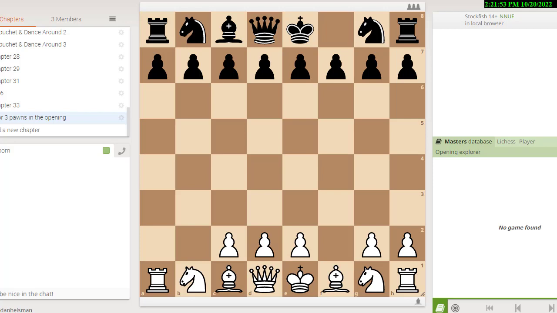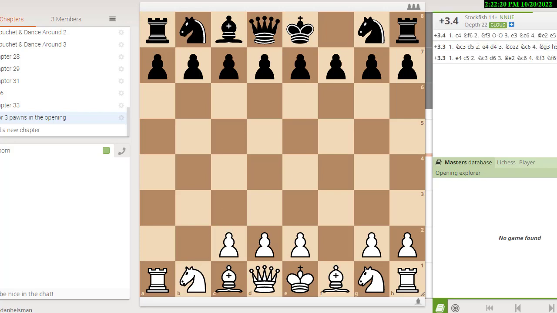So he immediately picked the F pawn because he knew that would weaken the king. And then he ended up picking the A and the B pawns. So here we are. And then I said to him, all right, I haven't turned on the engine yet. When I turn on the engine, do you think it's going to say that white has a bigger than normal 0.2 advantage or a smaller than normal? And he said, I think white's going to have a little bit smaller than normal advantage. And I said, okay, and then I turned on the engine like this. And boy, was he surprised. The engine says that now white's advantage, where he starts the game where black doesn't have a bishop and he doesn't have 3 of his pawns, is not 0.2, but 3.4.